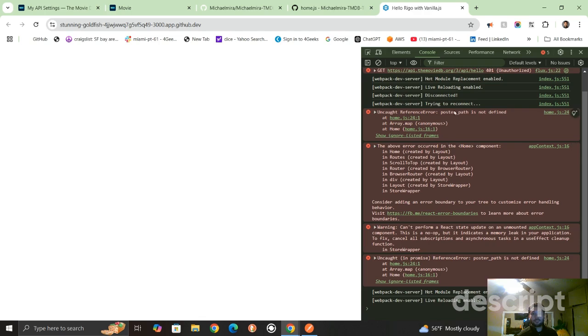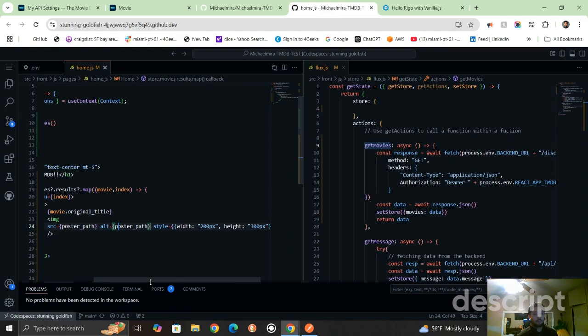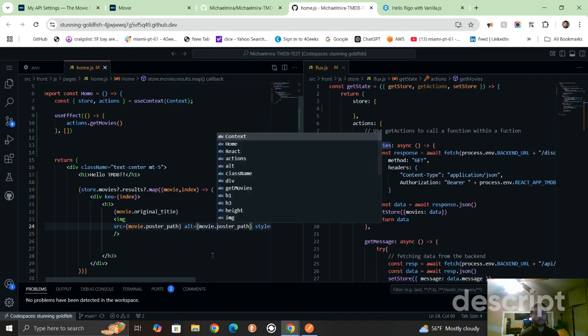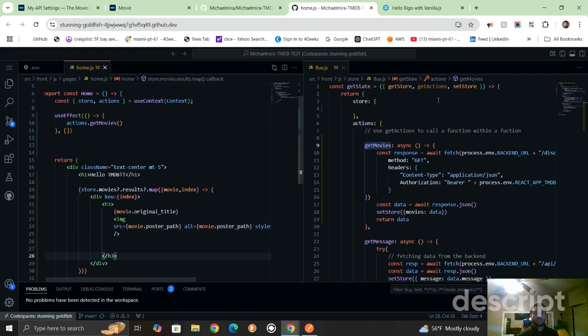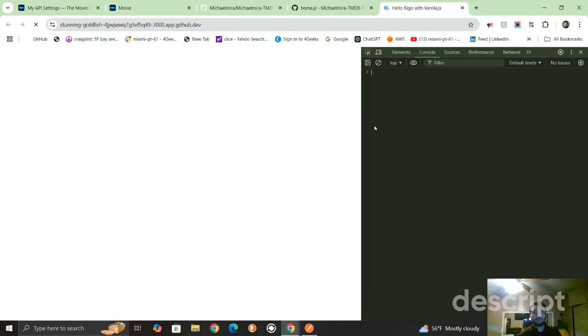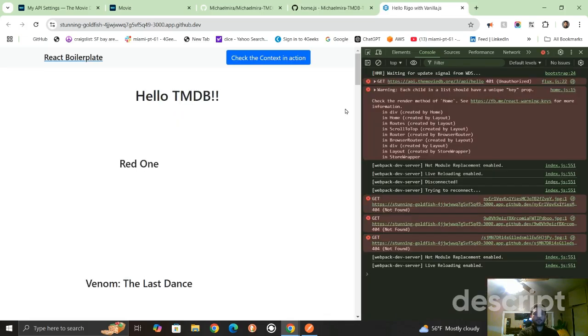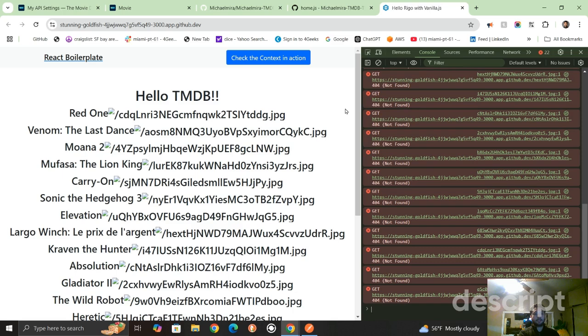Poster path is not defined. What? Where? Oh, movie poster path. Movie dot poster path. Movie dot poster path. Great. Alright, and we have a broken poster path. Oh,